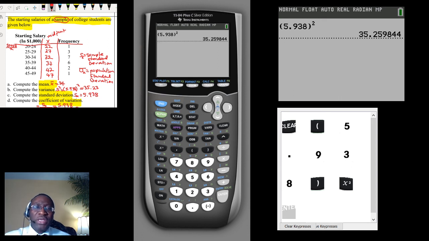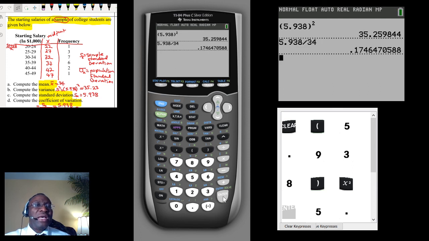Therefore, we can use our calculator to do that. 5.938 divided by 34, and we have an answer of